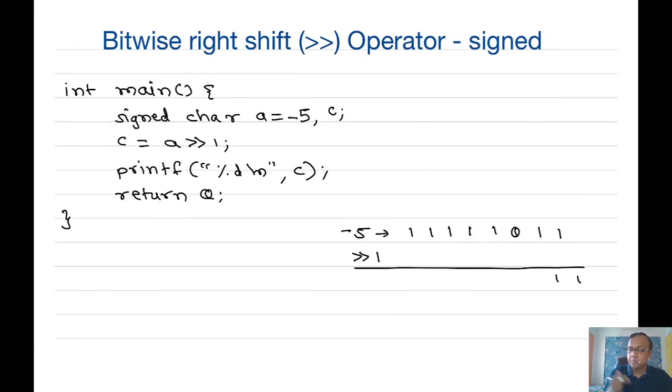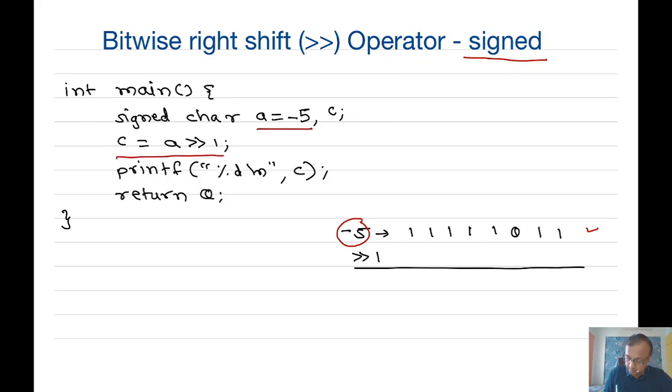Let us take an example, and again I'm talking about a signed number, but this time it is -5. You know very well that negative numbers are stored in 2's complement form. We have discussed it at length in our previous video. If you are not sure, please go back and watch that. Now we will continue. As -5 is stored in 2's complement form, the bit pattern of -5 is something like this.